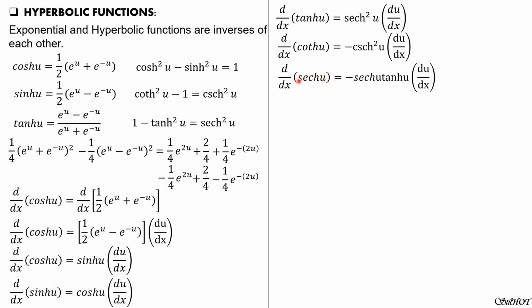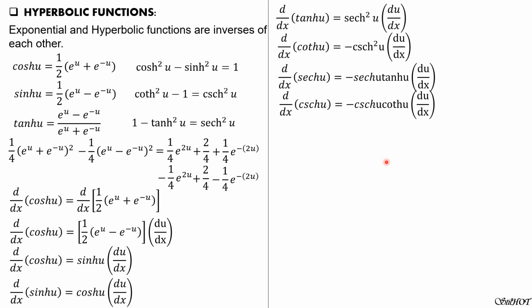As I said, from trigonometry, the derivative with respect to x of secant u is positive secant u tangent u du dx. But because this is the reciprocal of cosine, that's the mnemonic aid to remember: only cosine hyperbolic of u and its reciprocal secant hyperbolic of u will change sign, just the sign. Therefore, for the derivative of cosecant hyperbolic of u, you just remember the derivative of cosecant u in trigonometry. So it is negative cosecant hyperbolic of u cotangent hyperbolic of u du dx.